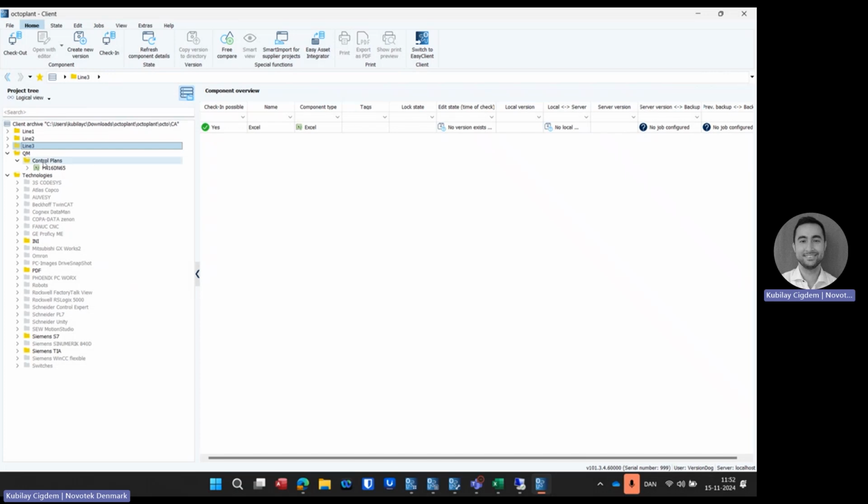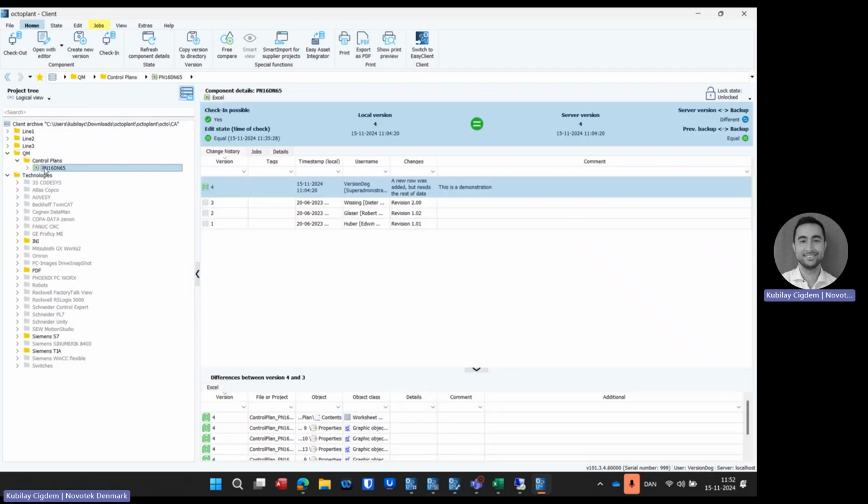So here we have an Excel file from the demo. If we look at the main window here, we have our status window, which basically shows what is the version on my local machine, so inside this client archive, and what is the version on the server, which could be in another place. We also have jobs running for this Excel file, so the results of those are there. So last time the job ran,